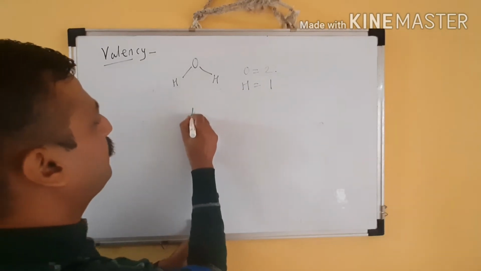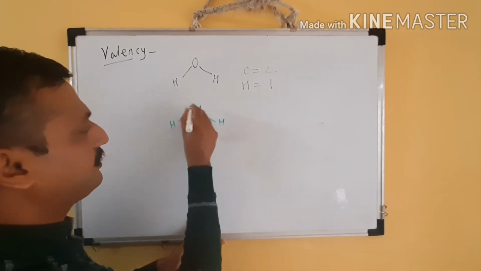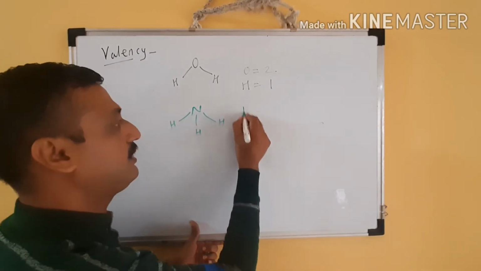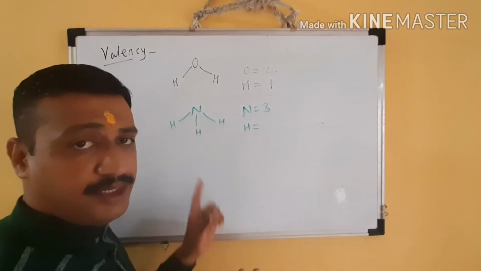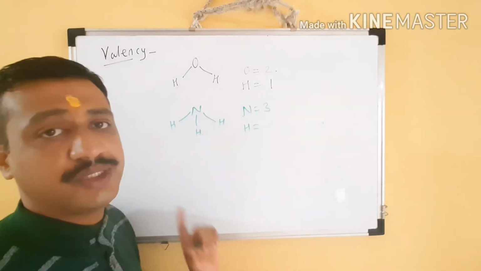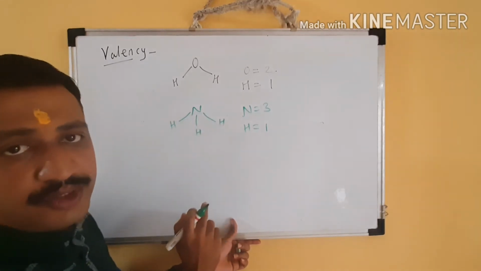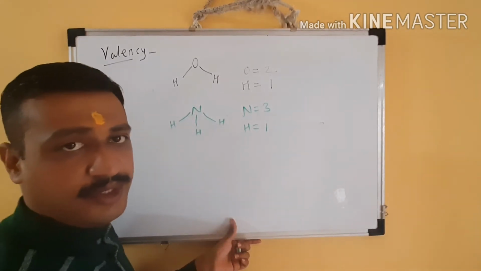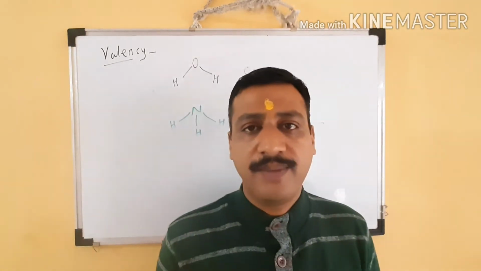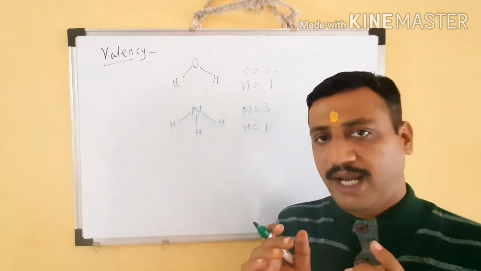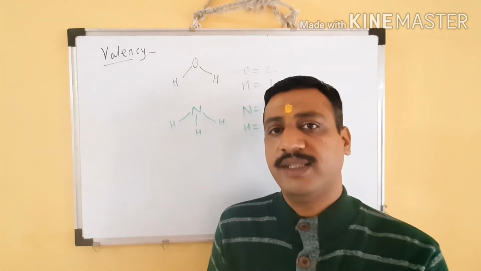Let's take the example of ammonia gas, where the nitrogen atom is attached to 3 hydrogen atoms. The nitrogen atom is involved in 3 chemical bonds. That's why the valency of nitrogen is 3. Amongst the 3 hydrogen atoms, we should consider any one of them. If we consider this hydrogen, it is involved in one chemical bond, or this one, it is also involved in one chemical bond. So what is the second definition? The number of chemical bonds associated with an atom in a molecule, we call its valency.